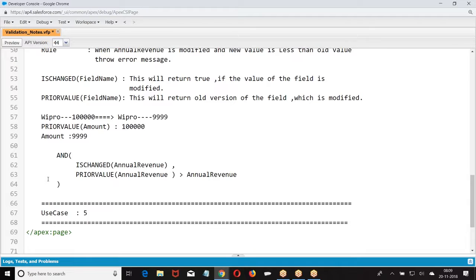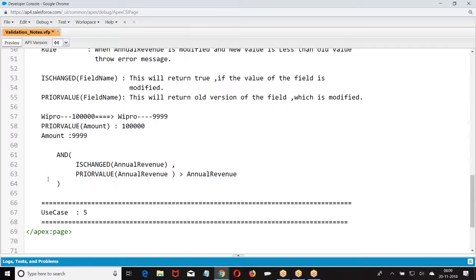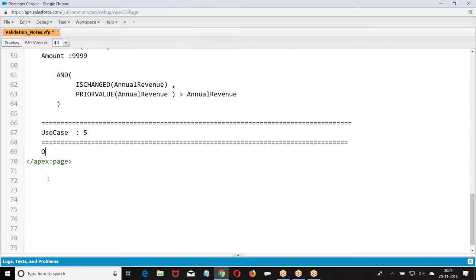As I told you, validation rules are going to be fired whenever a new record is created or existing record is modified. Object.